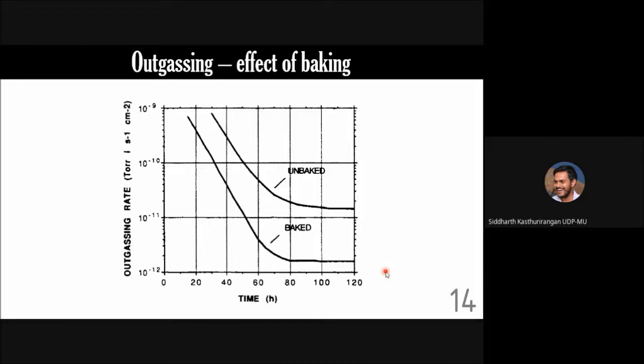And then sometimes people put aluminum foil on top of that, so that whatever heat is coming out will get reflected back inside, and so you get a double effect. And after baking you get much better vacuum. This I can tell you from experience. A number of times we have had to bake our vacuum systems, and you get a much better result, meaning much better vacuum at the end. Okay, so this is one of the ideas.